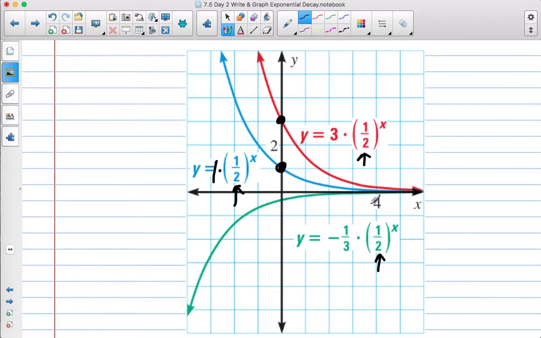And over here, this green one is just negative. It just started out flipped across the x-axis. It started out at -1/3 right here, and it is also decay because it's less than 1 for its growth factor. It's going towards 0 as x goes along. So just kind of showing similarities and differences between graphs based on their y-intercept or their growth factor. Okay,